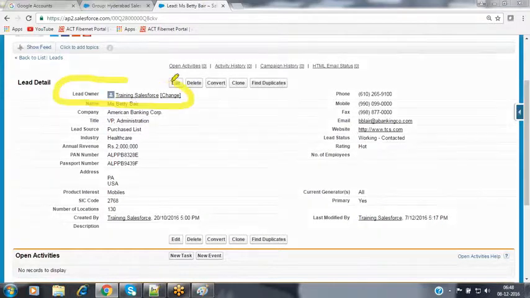record here. Nothing but he is the lead owner. Lead owner will be the training Salesforce, nothing but the currently logged in user. If you want to assign this record to a particular queue, then how can we assign? Let's see practically here. Now go to that lead record, open the lead record manually, go to that lead owner field, click on the change link.